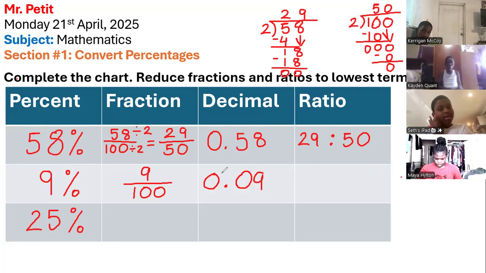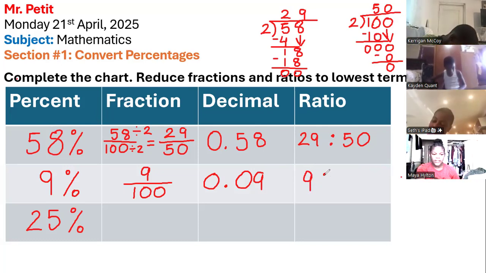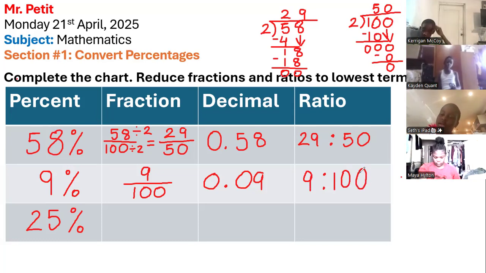All right, next. We want to write the ratio. What is the ratio, class? 9 to 100. Very good. The ratio is 9 to 100. And that's what we have here. Okay, next we have